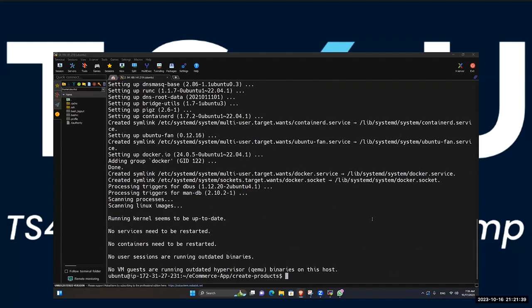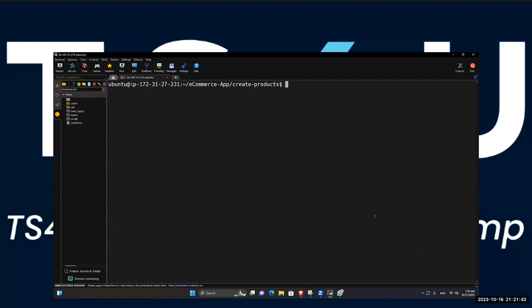Okay. So after this, we don't have any Dockerfile now, so we'll have to create a Dockerfile. To create a Dockerfile, simply run vim Dockerfile. And in this Dockerfile, we're going to write down what we need to do to build